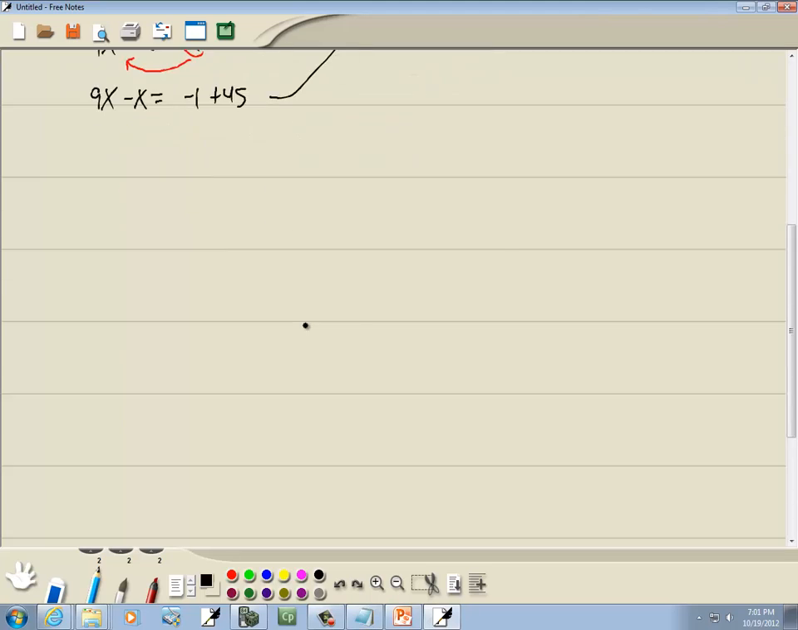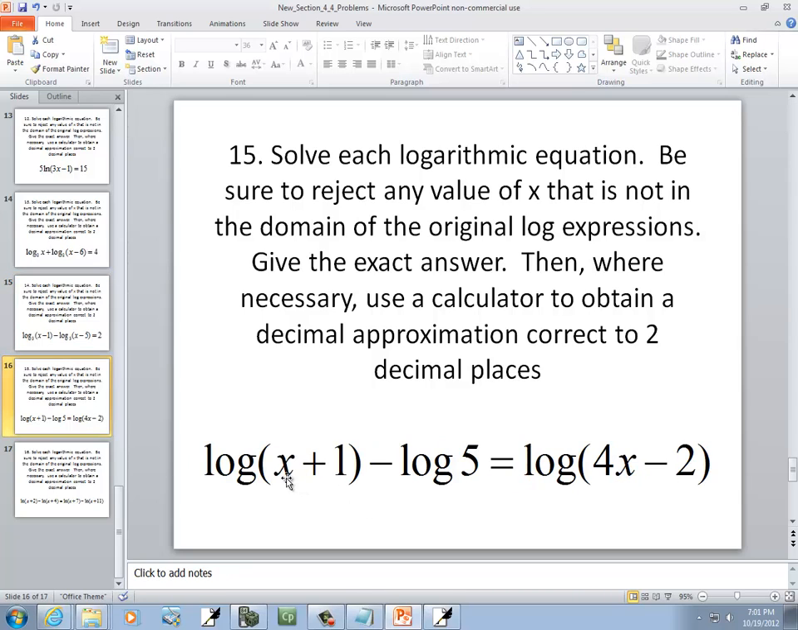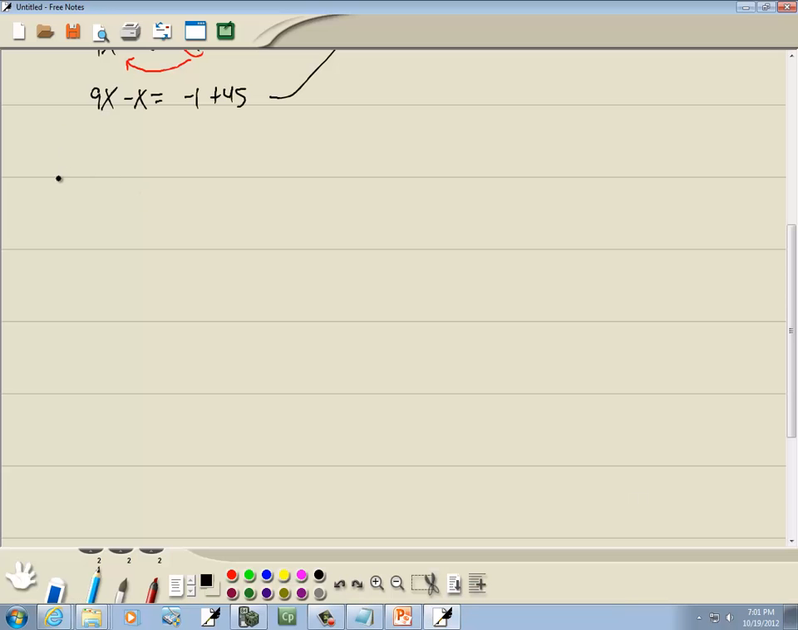And time for our shortcut. Take a look at this problem. Log of something minus log of something equals 2. Compare that to this problem. Log of something minus log of something equals log of something. Everything has a log on it. If everything has a log on it, that's where we can use our shortcut. And it actually does save you steps. So our note,